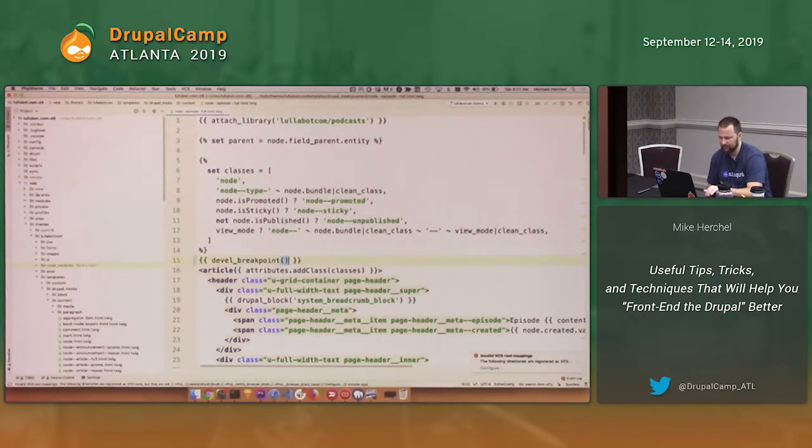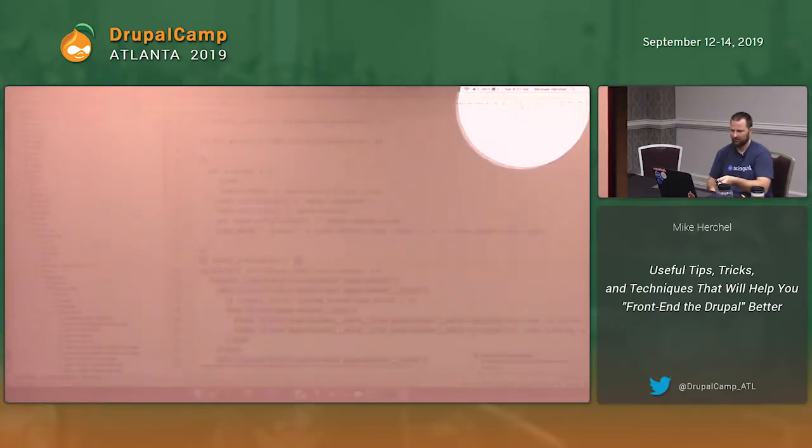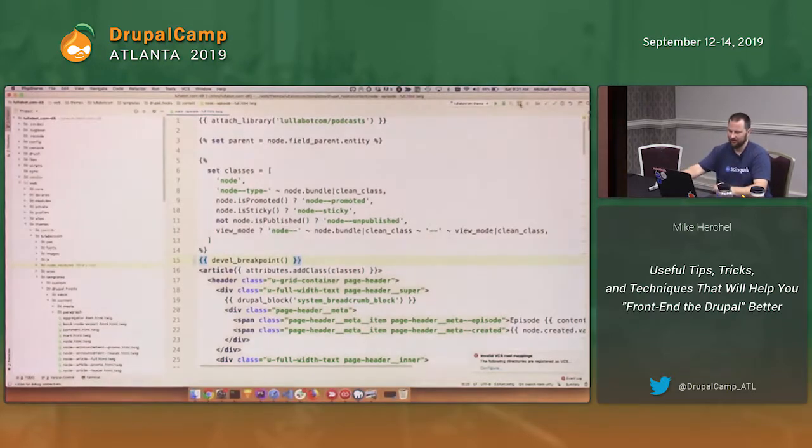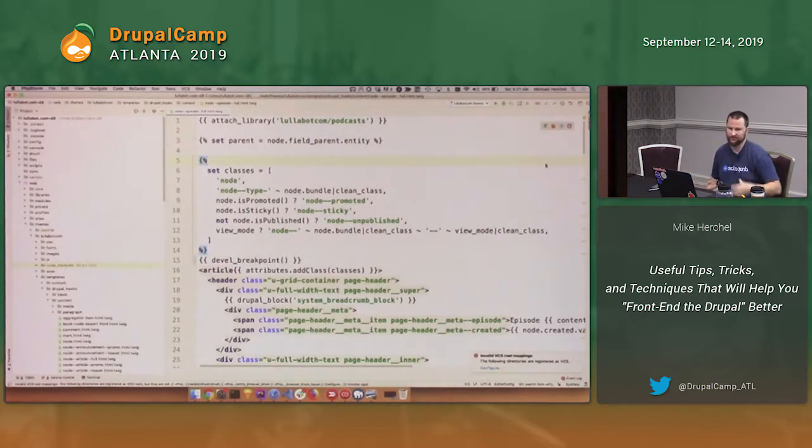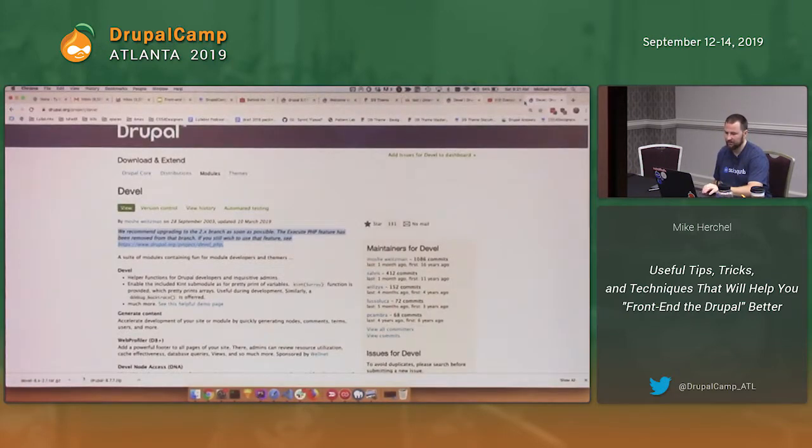So you type in devel_breakpoint somewhere in your file, and there's this little telephone icon in the top right up here. Hold on. Right up here. And you hit this button so it goes green. You make sure that Xdebug is working, you make sure that your cache is either disabled or clear, because this template will not be parsed if it's just pulling it out of cache. And at that point, you reload your web page,